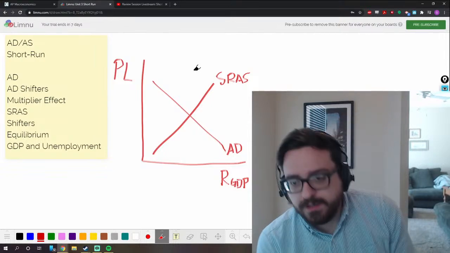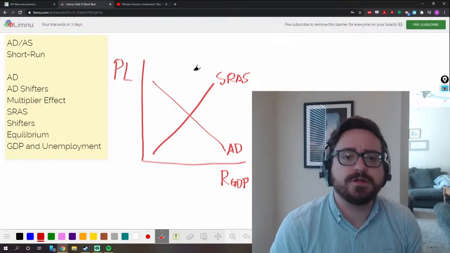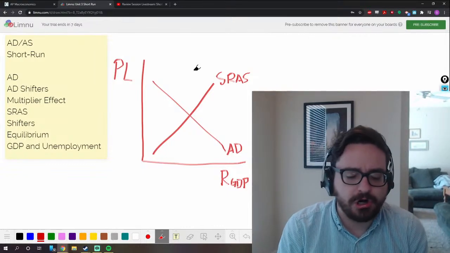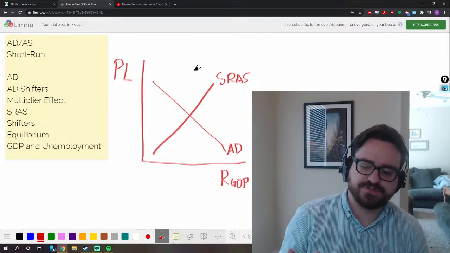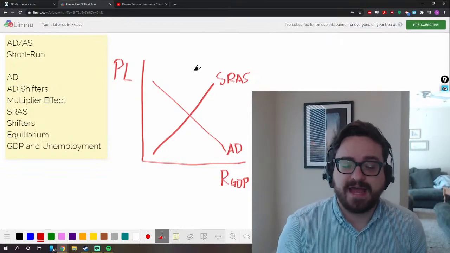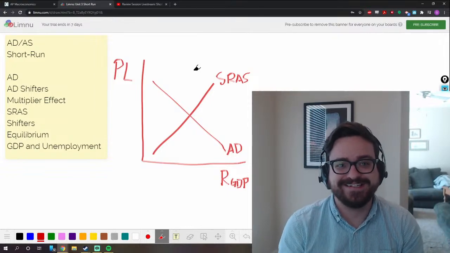So what is aggregate demand? Aggregate demand, as I mentioned before, is our overall spending. Or at least that's the best way to track it. Because the idea is it's our demand for all goods and services. And it's every part of the economy's demand for all goods and services. Which you got to think, how would we ever track that? Like, how would we track how badly everyone wants anything? You're like,